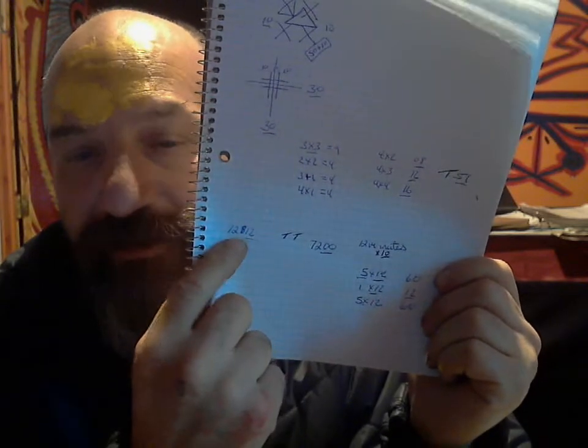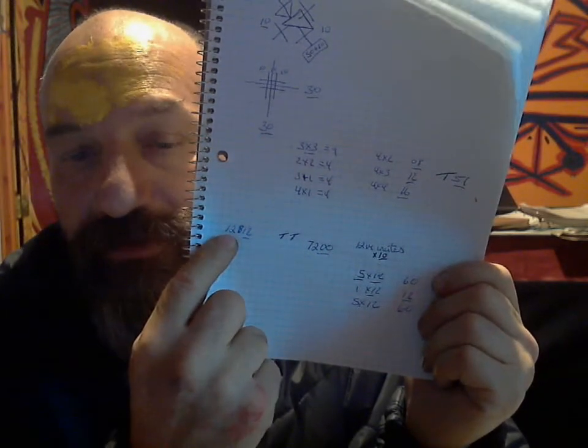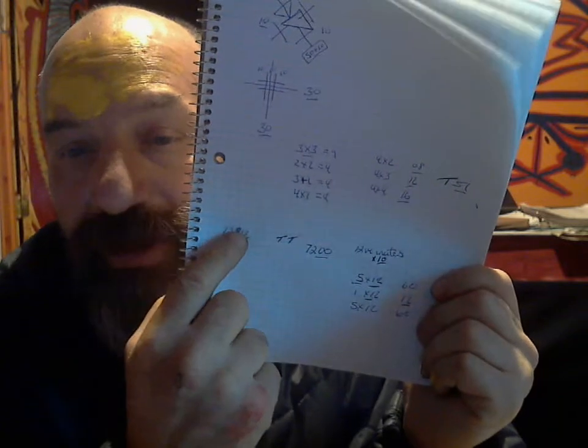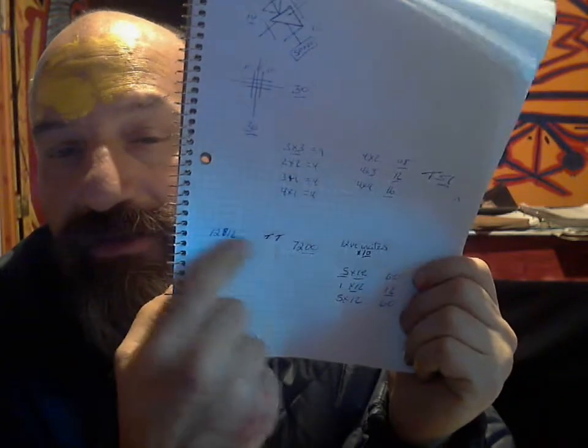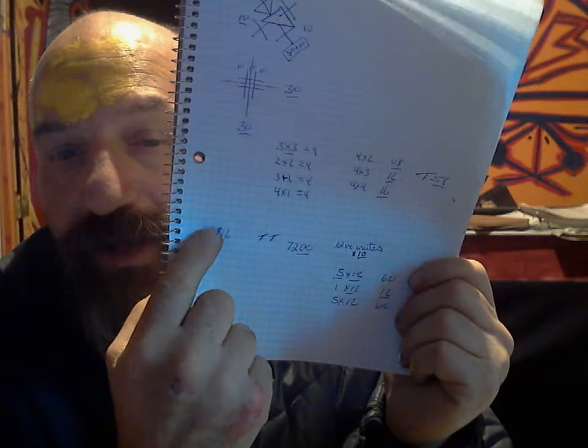The letter Z is the 26th letter. 2 times 6 is 12. 2 plus 6 is 8. The letter Z is the divider of 8. Why? Because the